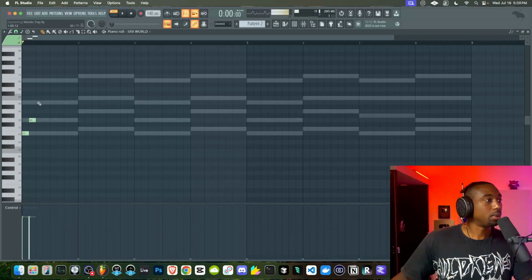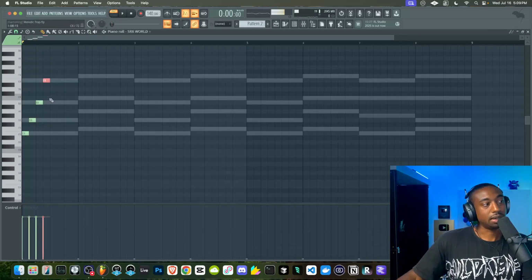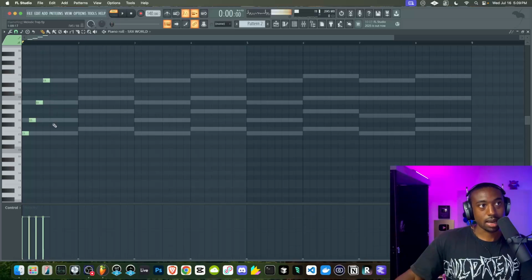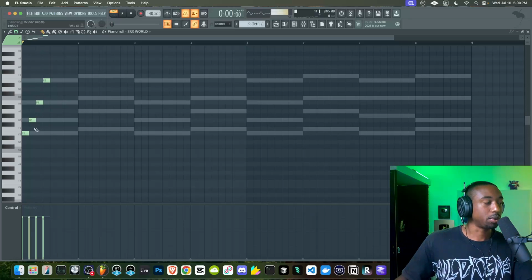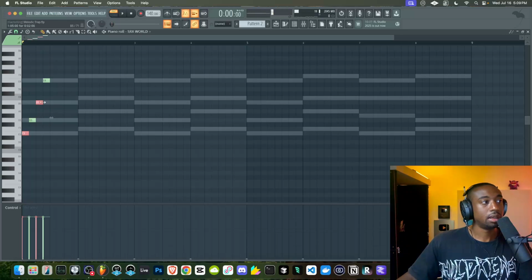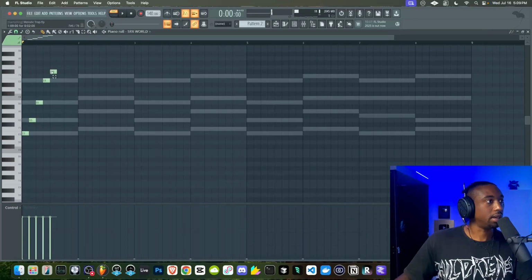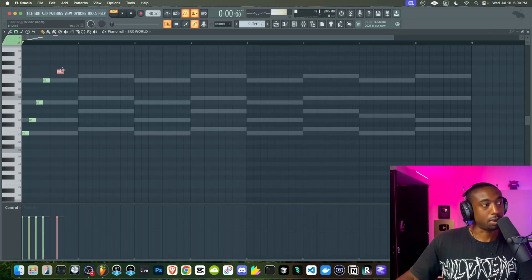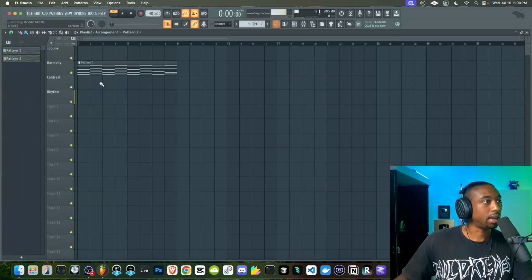Okay, so what we're going to do is we can stick to this 4-note chord, which is E, G, B, and then E repeated. Or we can add a 5th note in here, which is a fifth of a fifth. So you're going to take the root note, count up 7 notes. So it's 0, 1, 2, 3, 4, 5, 6, 7. That gives you the 5th. It's called the perfect 5th. And then count up 7 notes from here. 1, 2, 3, 4, 5, 6, 7. And this is an additional note you guys can add into your melody. So it gives you 5 notes to work with. So let's add this to our playlist here.